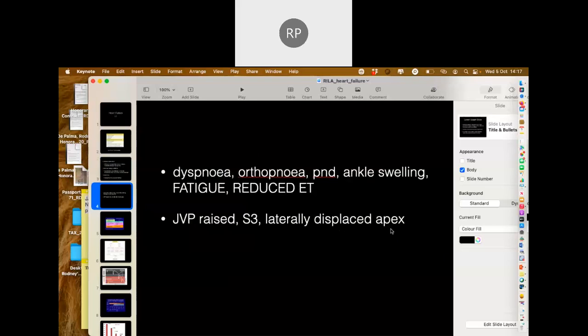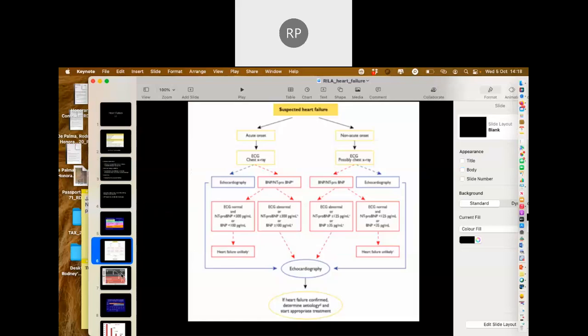I'm not sure if you can see that. It's probably not very clear. So I will just annotate, if you like, or add my comments verbally. If you're in the community and you have suspected heart failure, essentially, based on clinical grounds, that means you've